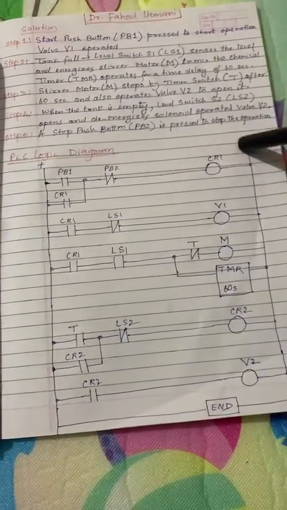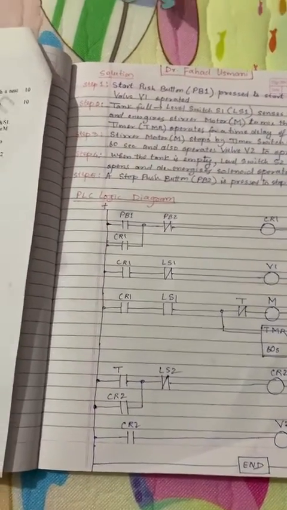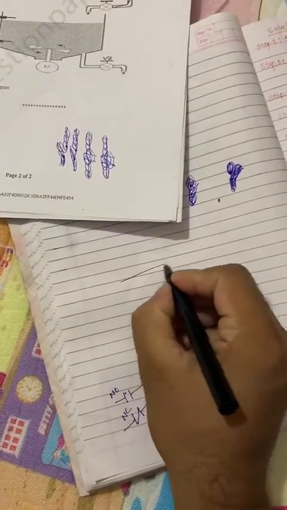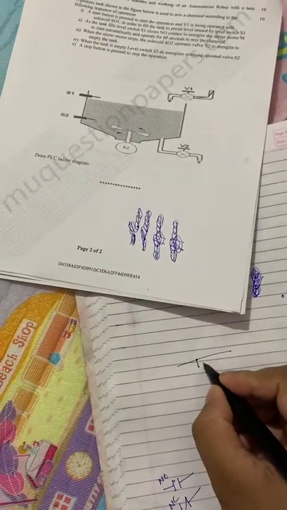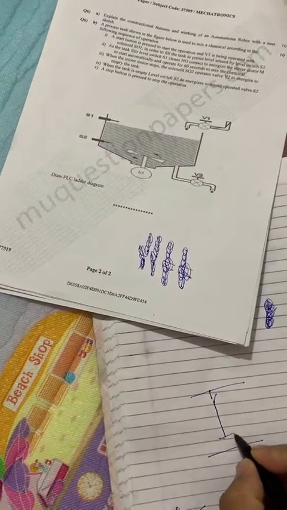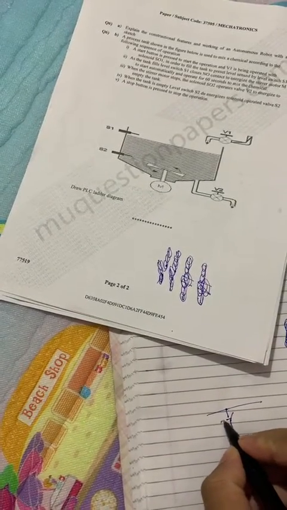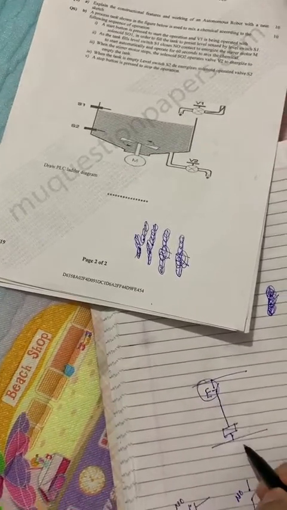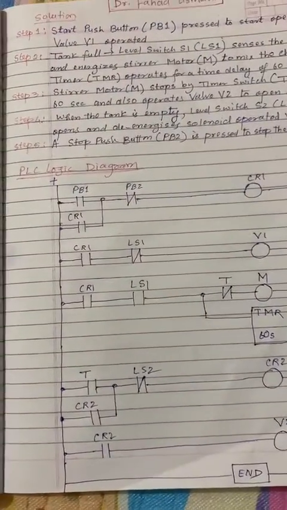If you see the first connection, guys, you'll realize that it is the same as that of our electro-pneumatics. When we used to start our electro-pneumatic circuit, it was something like this, right? And we had a relay here, and this was something like this. Remember, this was our push button and this was the relay, which we used to denote by K. So here also it is the same. The only notations are different.